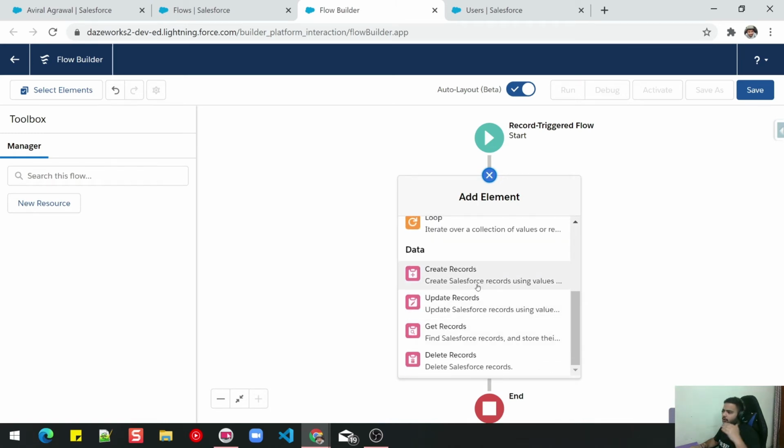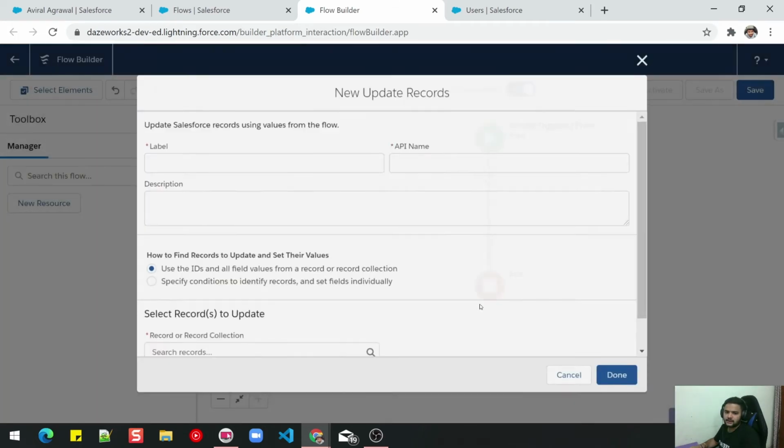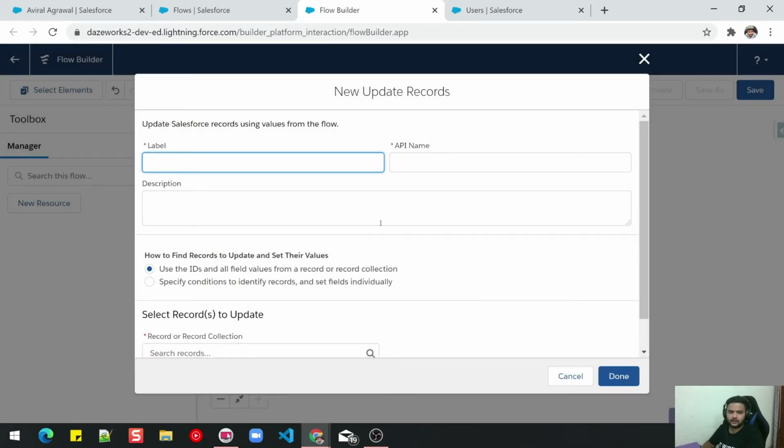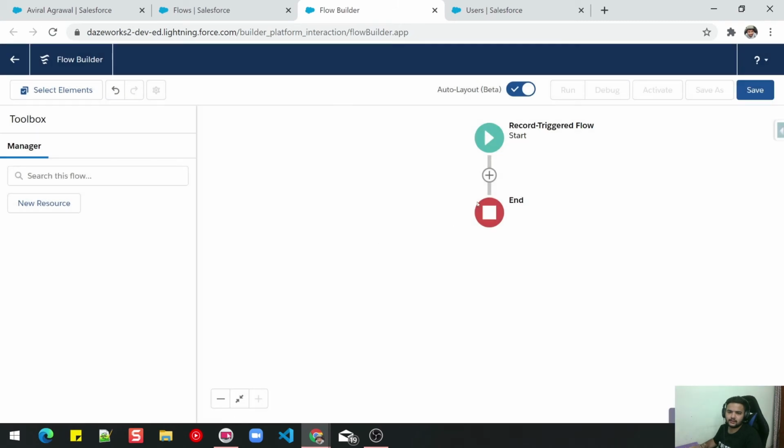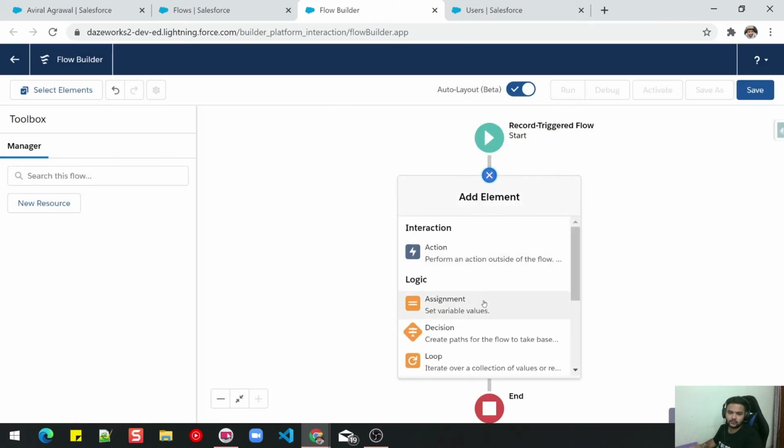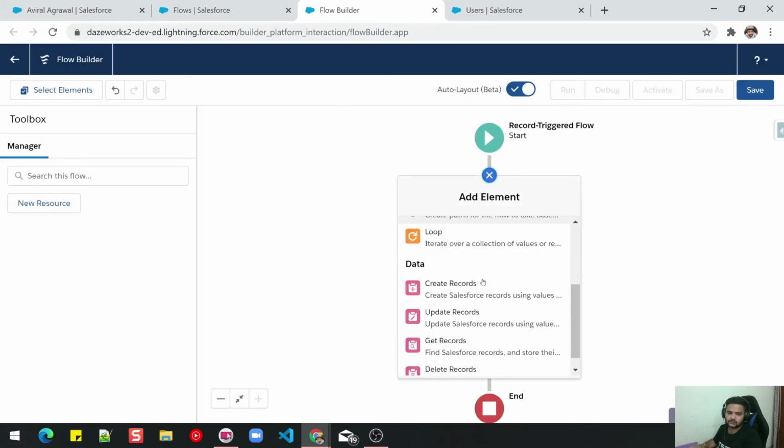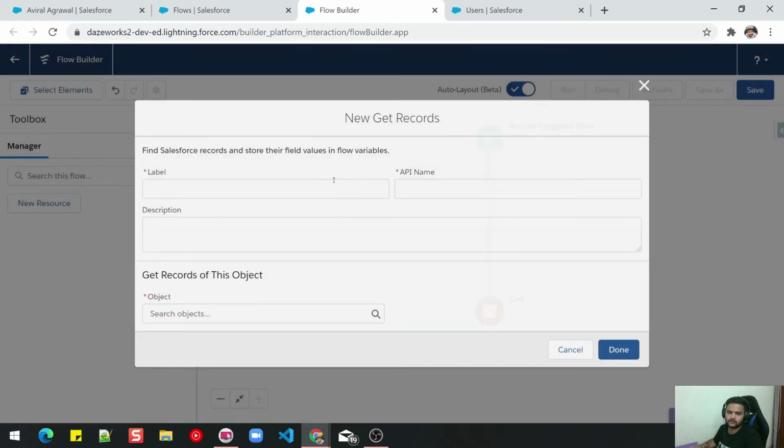I want to update all the records, so I'll select update records, but firstly we have to fetch all the records. So we'll use get records and get contact relationship.